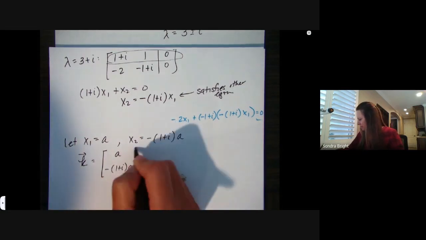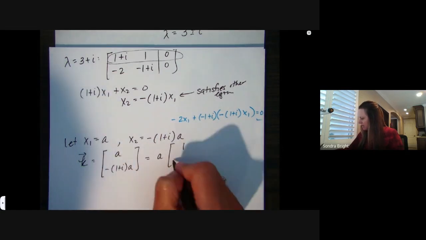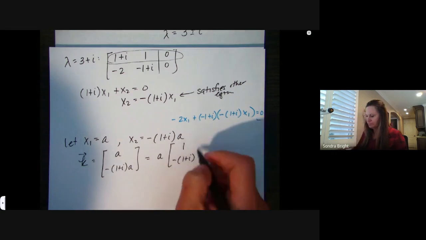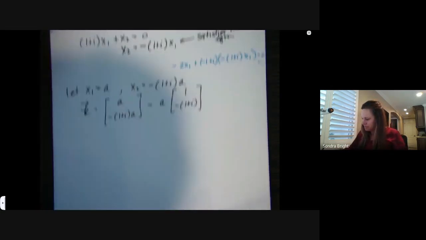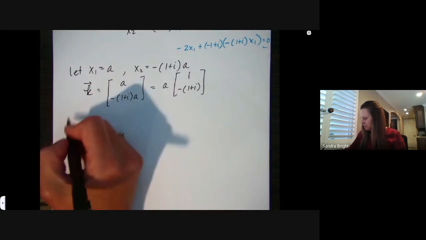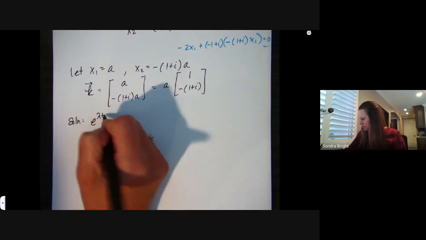Factoring out the a gives me a 1 and a negative 1 plus i. Now our solution to this is